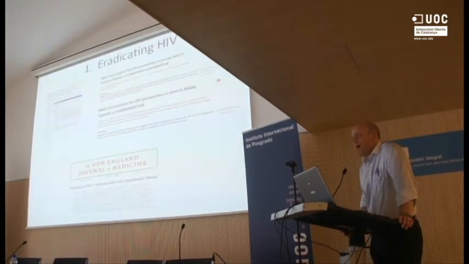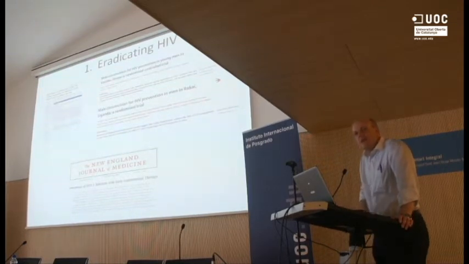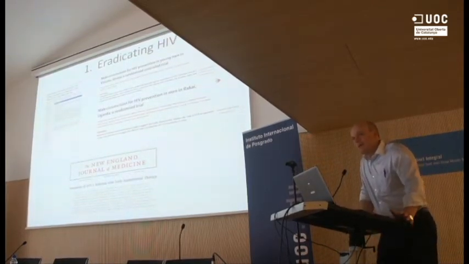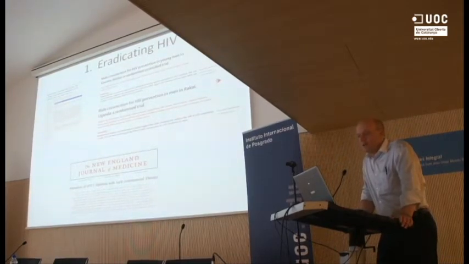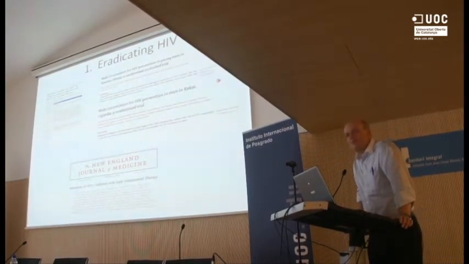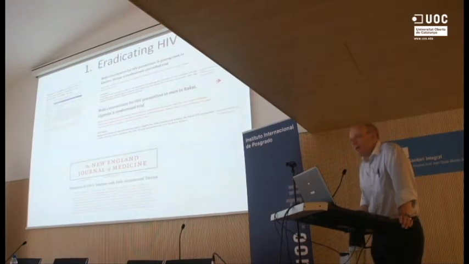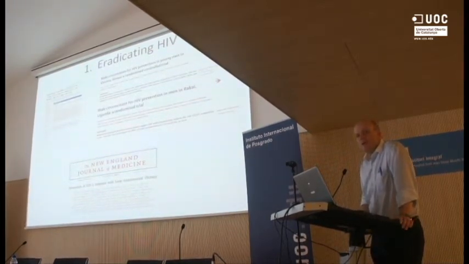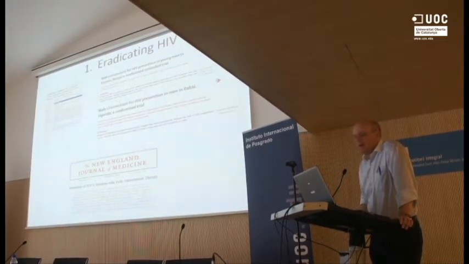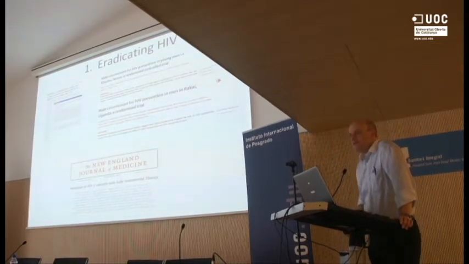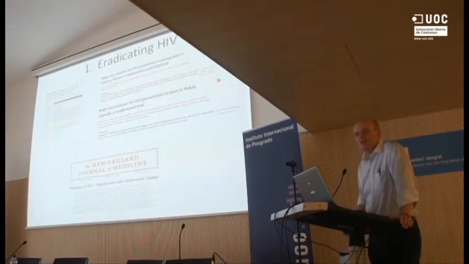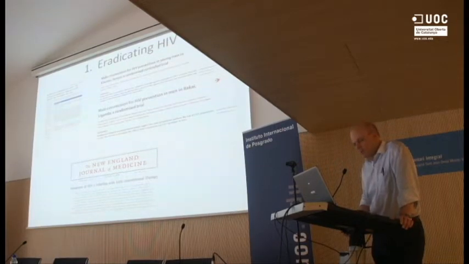So I guess the main thing that one could do if you really want to eradicate TB in a setting like ours is eradicate HIV. And clearly there have been some massive advances in trying to prevent HIV. The two things that have really shown promise are firstly male circumcision, and secondly treating people with antiretrovirals at a very early stage, essentially at the time of diagnosis, to try and stop ongoing transmission.